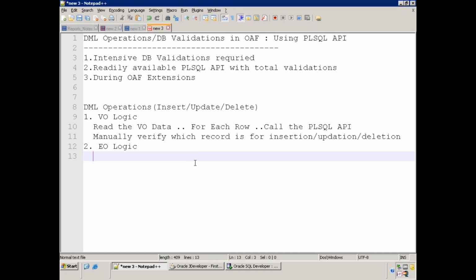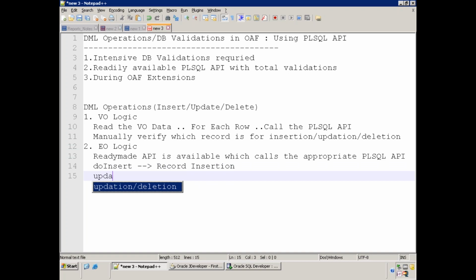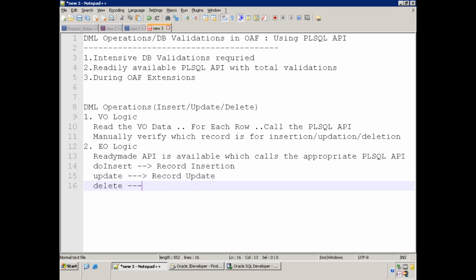But in the EO logic, a ready-made API is available which calls the appropriate PL/SQL API. We do not need to write anything, the API is already available. There is doInsert, for record insertion, one for record update, and one more method called delete, which we call during record deletion.